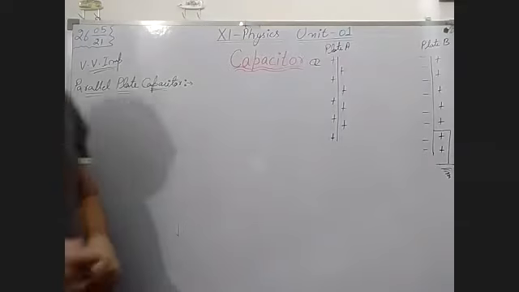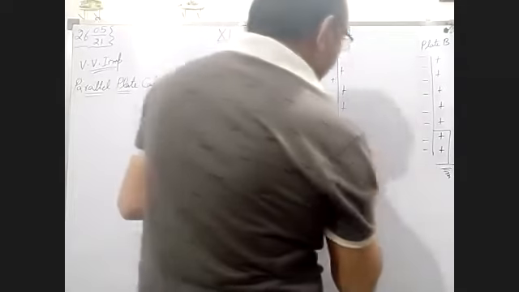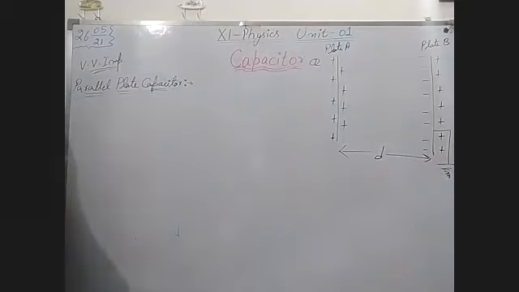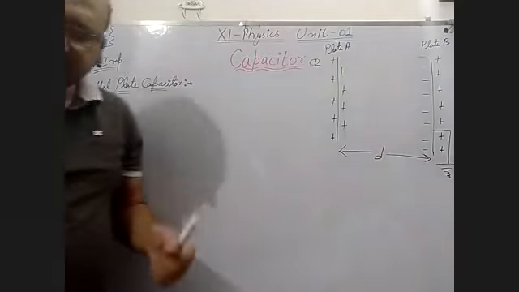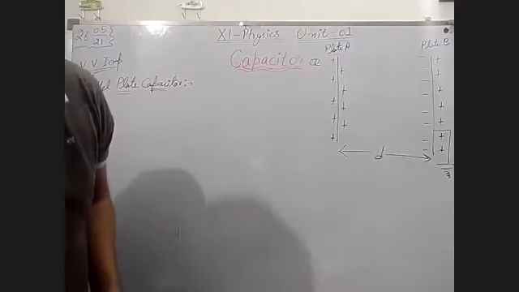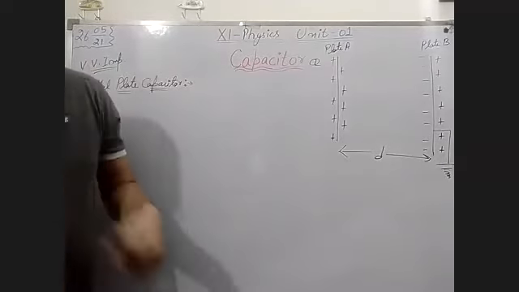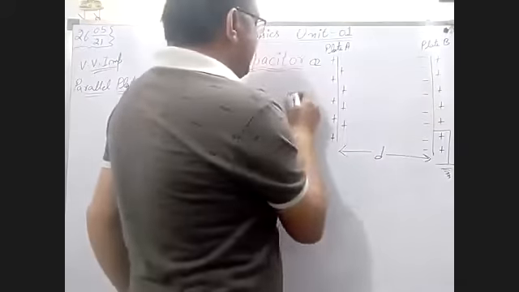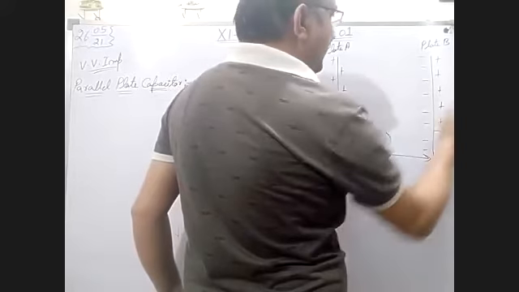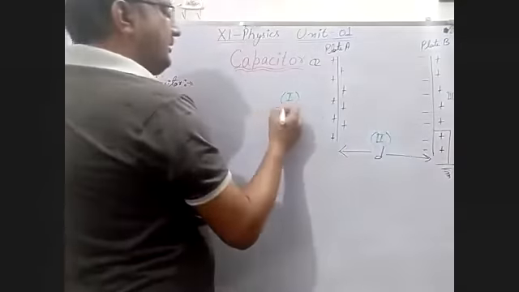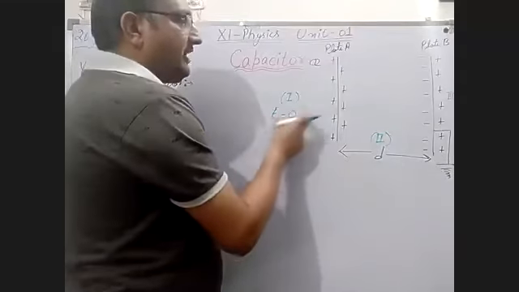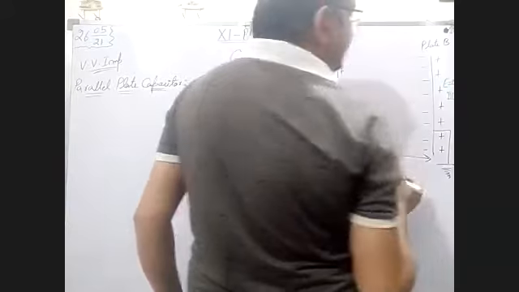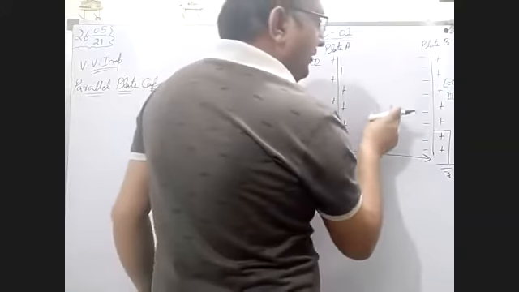Now there is a distance between the plates. Let us suppose the distance between the plates is small d. You know very well if positive charge is there and negative charge is there, then there will be an electric field. This is region first, this one is second region, and this one is third region. In the Gauss theorem application, the electric field on this side is 0, on that side also 0, but we can take the value of electric field inside it.